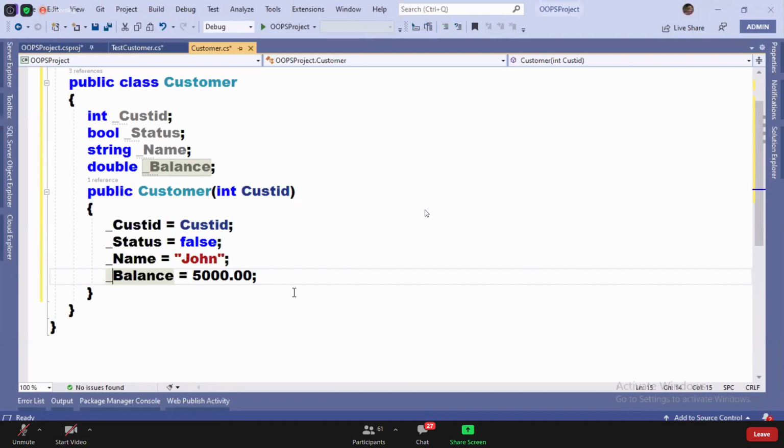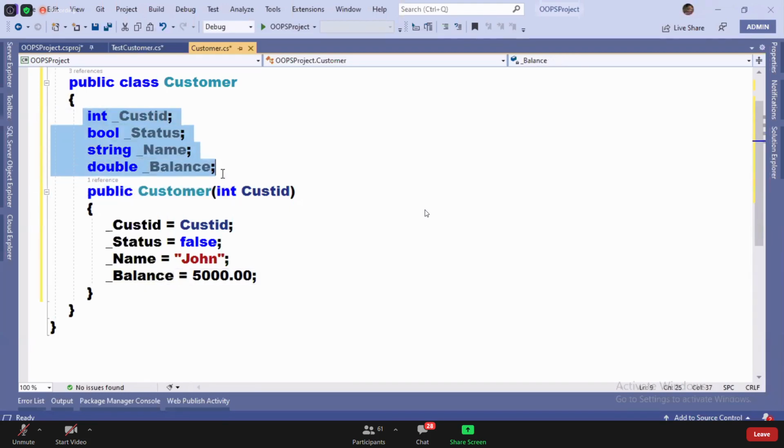For that reason, whenever you want to define a property on a field, declare it with an underscore. When you declare it with an underscore, you can easily identify, okay, this field is associated with a property. For a better identification, that is what you're going to do.